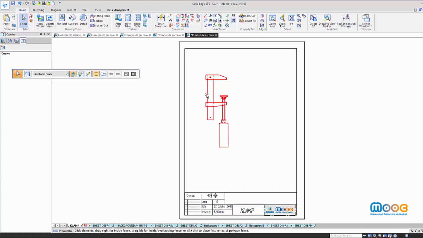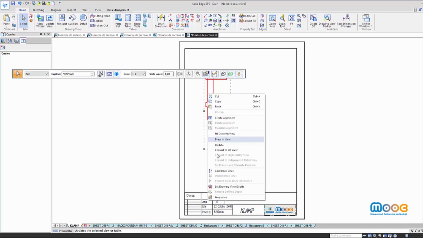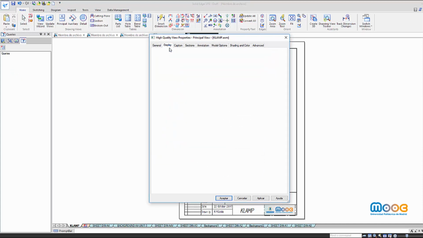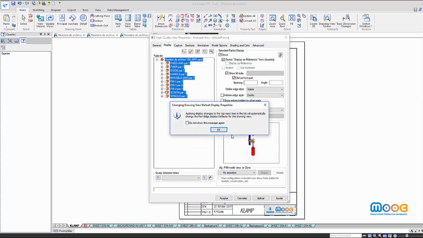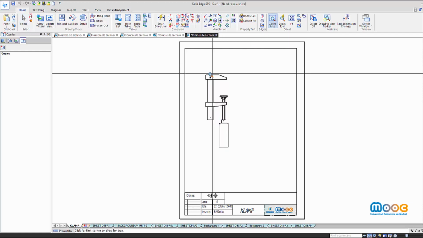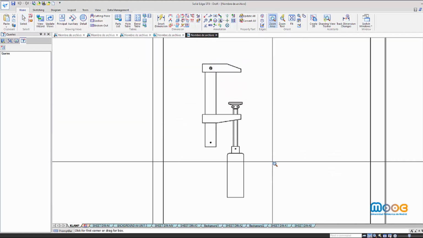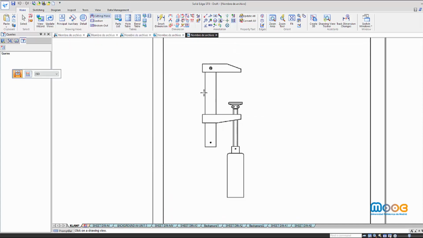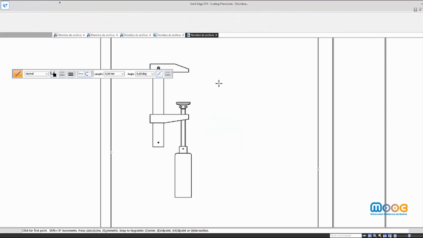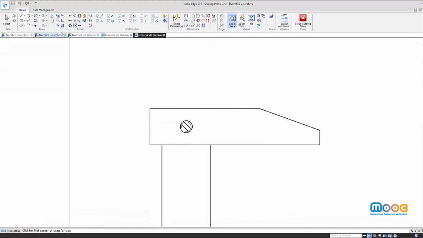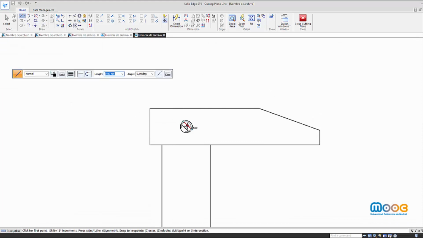and I can also hide the hidden edges I don't need, because I'm going to do cutting planes to avoid having hidden edges. Command cutting plane as we did with a part, and I'm going to cut here to see